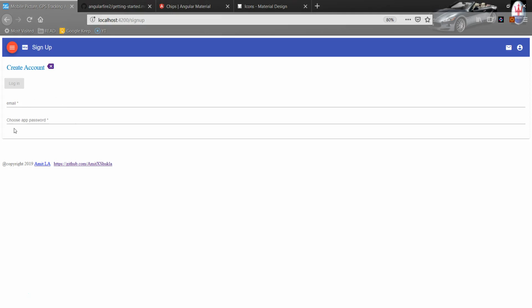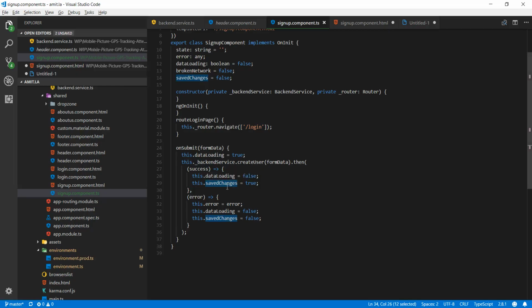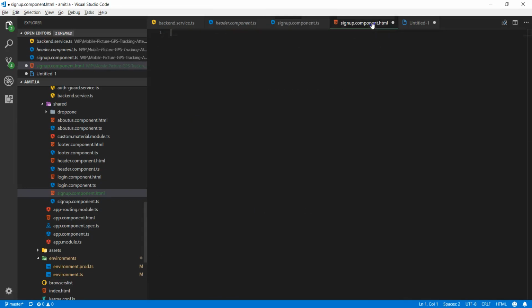That means it still is going to show that form, but it will show an error, and this error is going to be whatever the error is coming from the server. Okay, from Firebase, I mean. So that's pretty much it on the signup.component.ts file. Let's start working on our